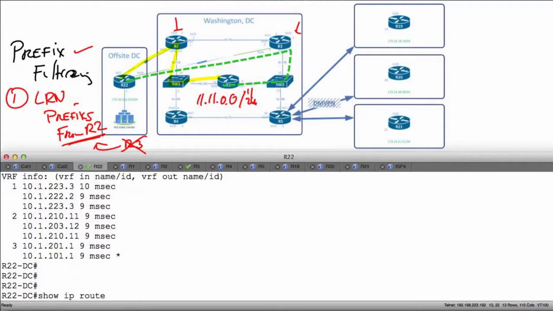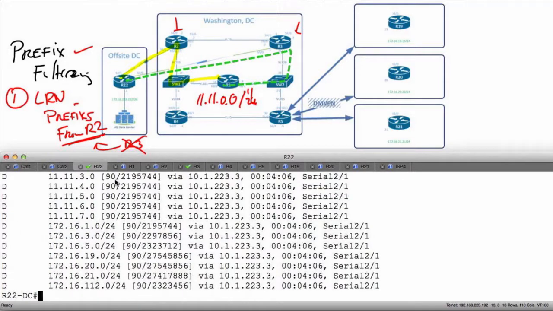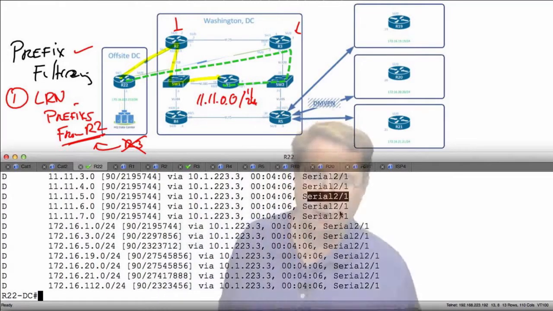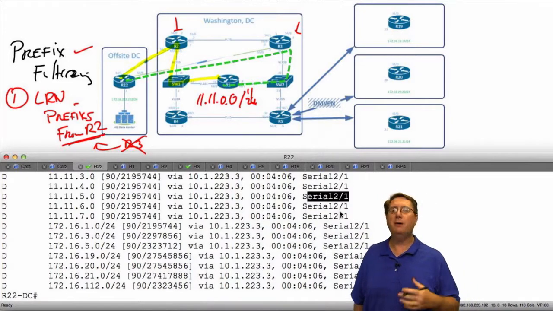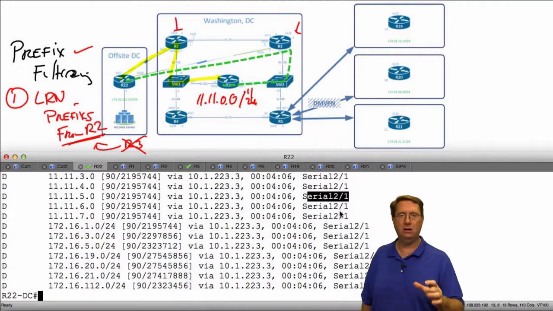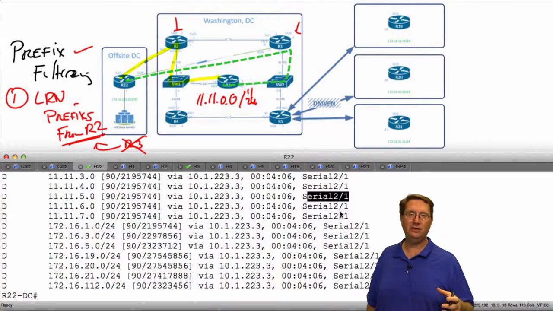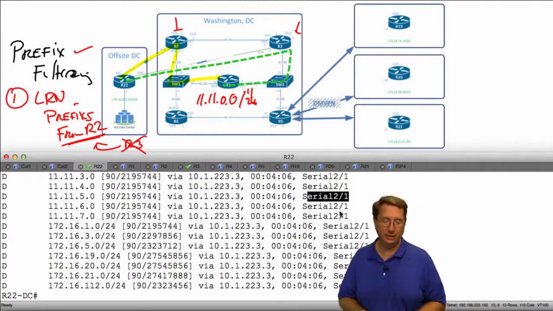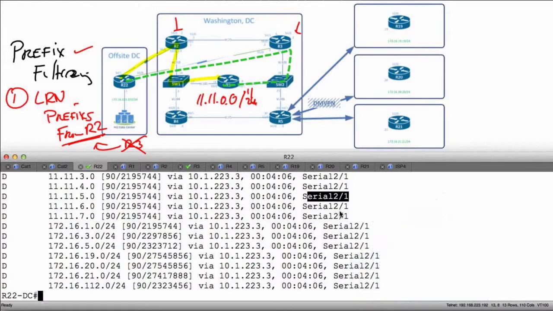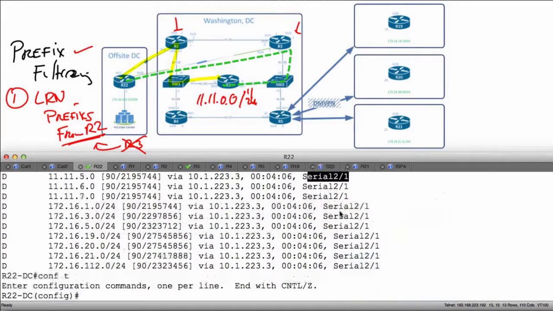So if I do show IP route pipe include via 10.1.223.3, I don't want to learn any prefixes from serial 2/1. Now, I could very easily use the prefix list or the passive interface like we just illustrated to do this, but I want to accomplish the exact same outcome using a prefix list, except the prefix list is not going to prevent me from forming a neighbor relationship. So let's go in and take a look. I'm going to say config t, and go to router EIGRP